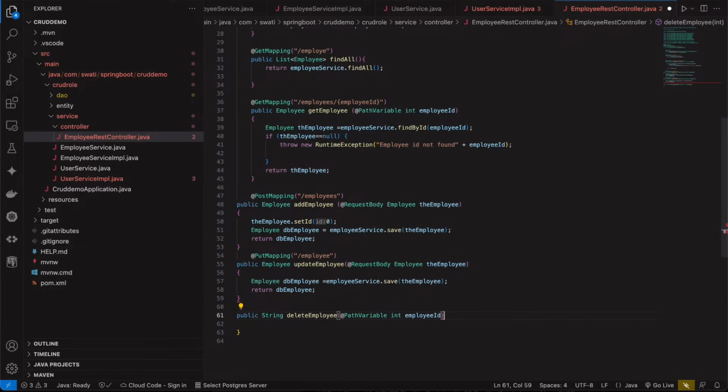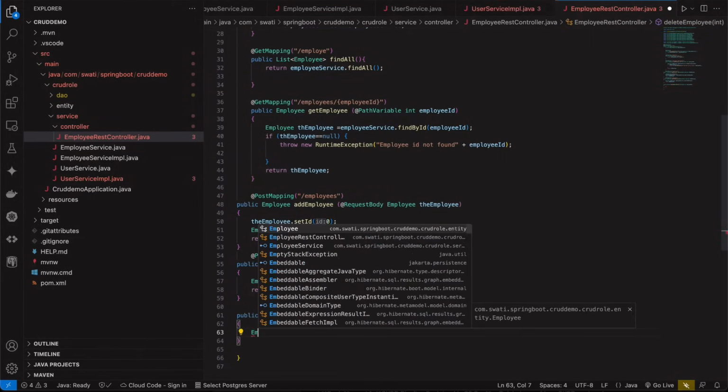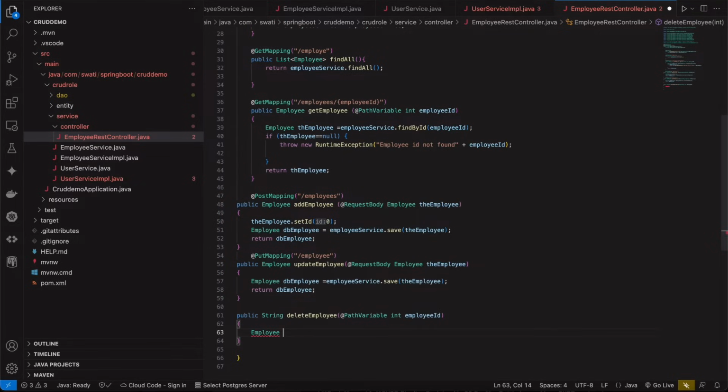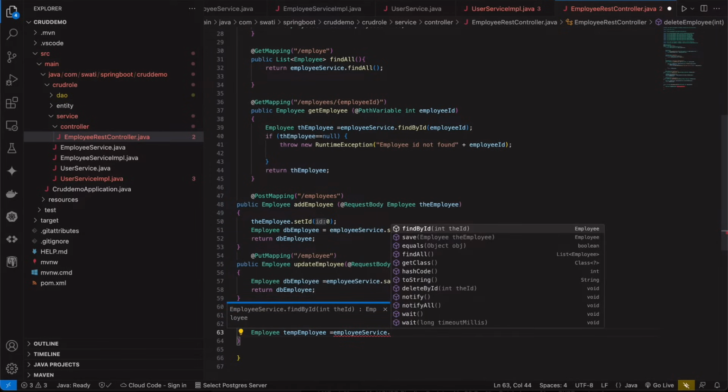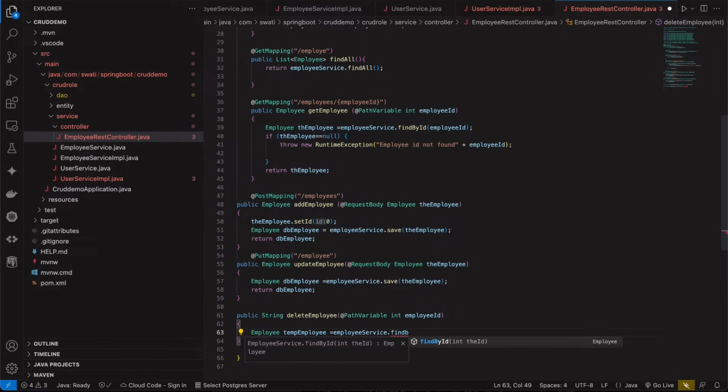employee ID. This will take an integer of employee ID, while we will be deleting it by ID, single records one at a time. So we'll pass the argument of ID here, and then from the employee class, employeeService dot, we'll find by ID, employee ID. Okay, we'll find the ID first, and